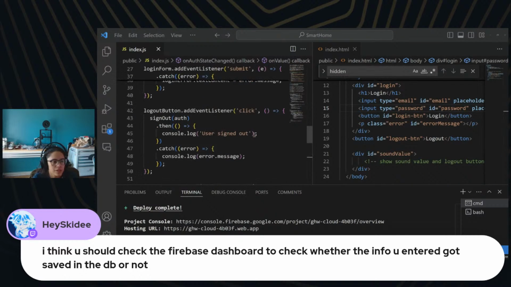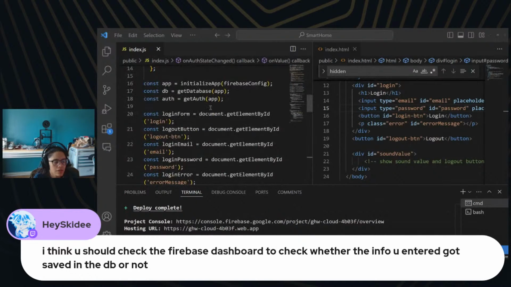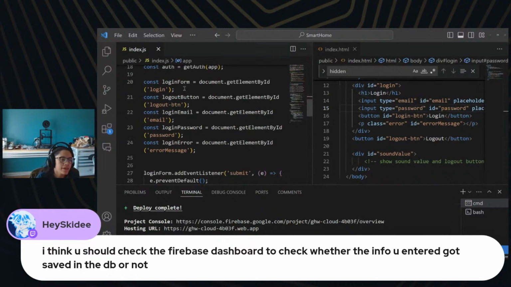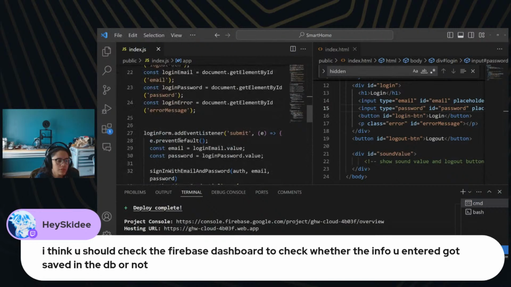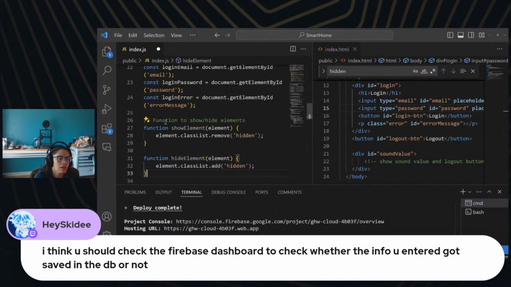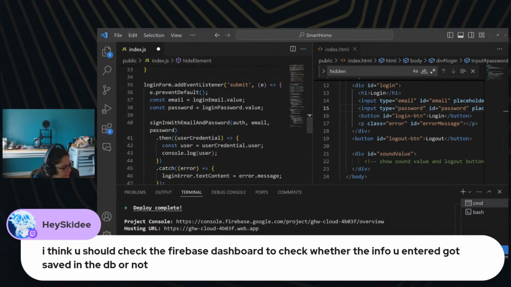I briefly touched on this, but something that was in what I had pasted over was the, my goodness, what is it called? The hidden class that I was adding. And that is going to be probably up here. Yeah, let's put that up here. And so we have these elements that we want to hide and show based on who signed in when, right? So we're going to go ahead and add,